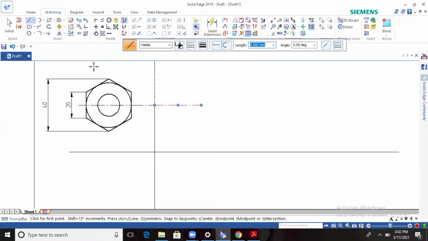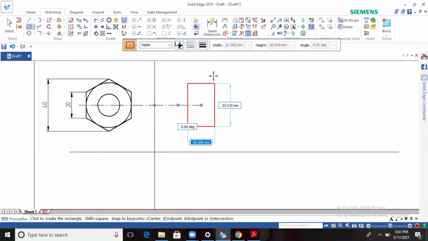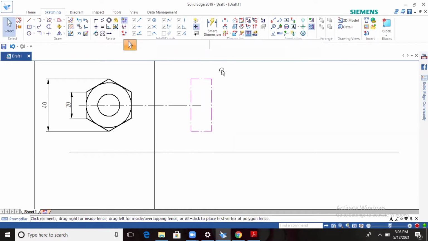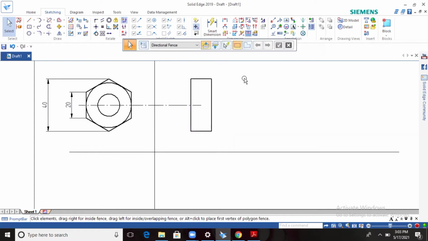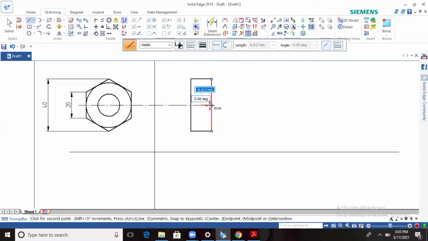So you can make the projection directly. Otherwise you can draw the rectangle by center. No problem. Okay. So you know the height and the width. So width is 0.8D, 0.8 into 20. Okay, and height is 40. Okay, angle 0. Right, and this will be a continuous thin line. Make it 0.5. Over.